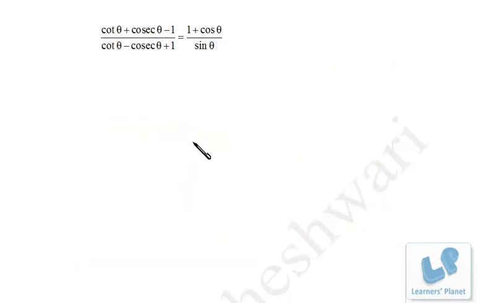Now friends, this is going to be a very important question. We just note it down, and there is something extra we have to do in this question, right? So be very clear about this question. Over here, what we have to do is put up the value of 1. Now how do we do that? Since this expression is in cot and cosec, I'll put the value of 1 in terms of cot and cosec, right?